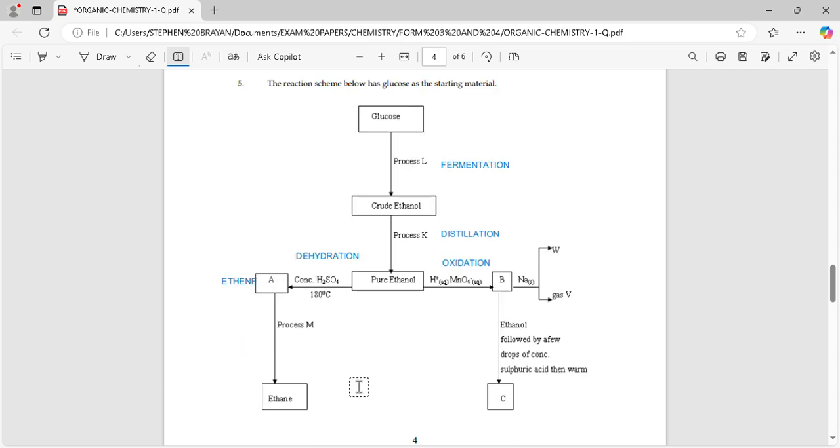That is called ethene. And then you must also know that we also have this process down here, where you have ethene and then you're forming ethane. For you to form ethane from ethene, most likely you'll have performed a process which is called hydrogenation. And remember, hydrogenation has conditions under which it takes place. Hydrogenation takes place in presence of nickel catalyst,